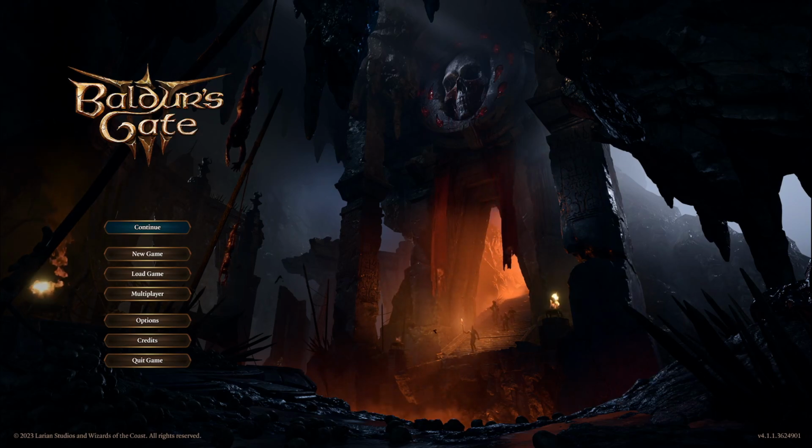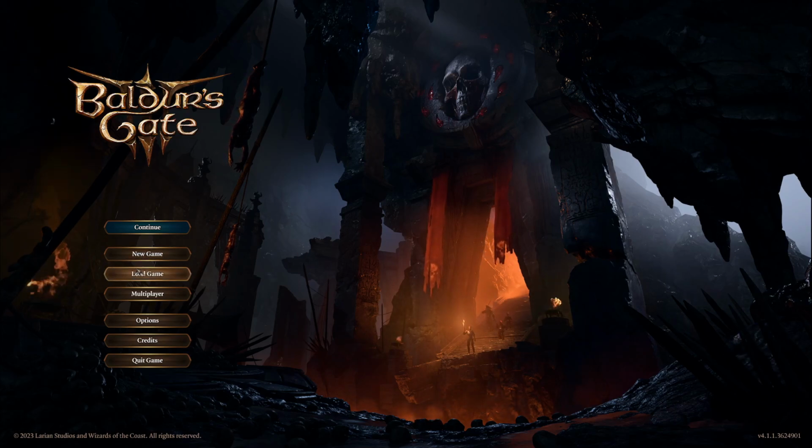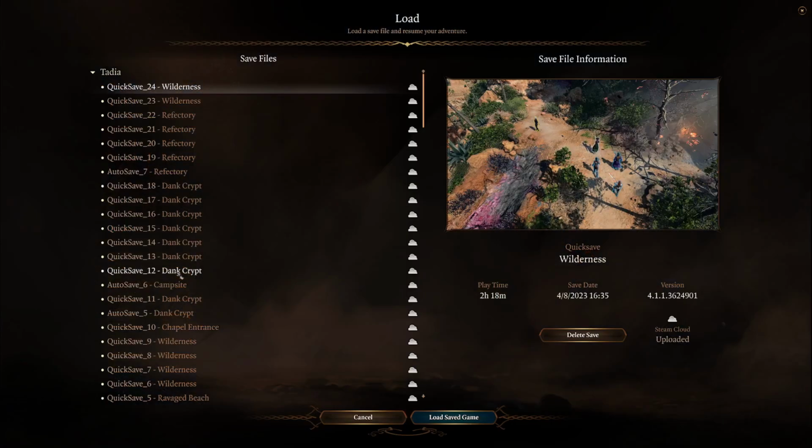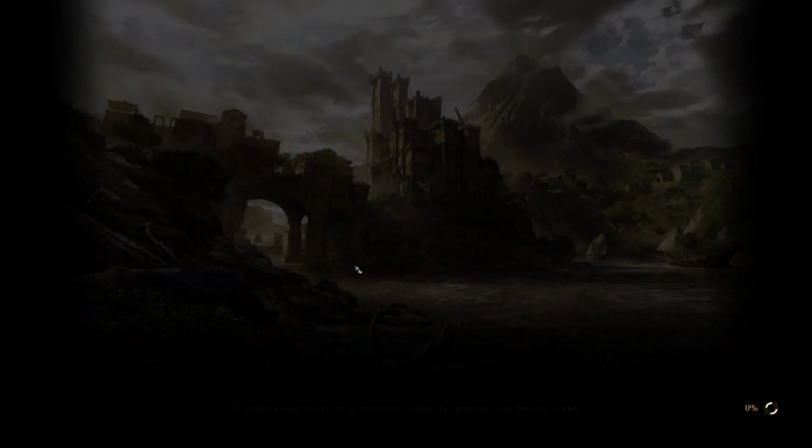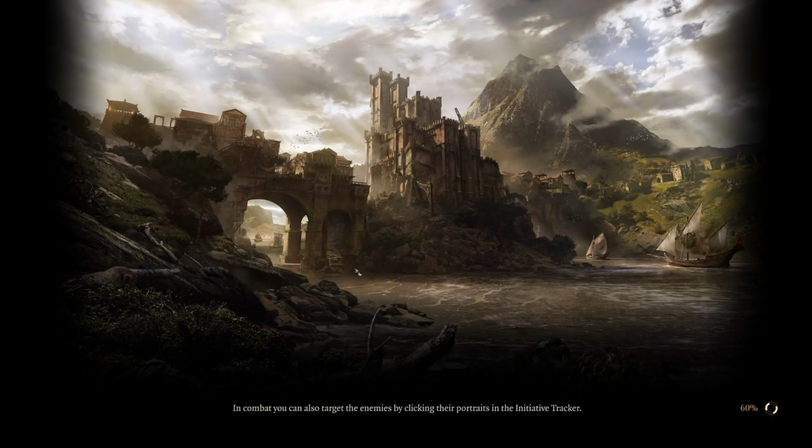And then OBS, of course, takes a lot of memory because it's recording, but still, we're going to make a new character because I want to make a cleric. But the first thing I'm going to do is go in here and make sure that this save works, and then we'll hard save it instead of just quick saving it, in case something happens and we lose our quick save.